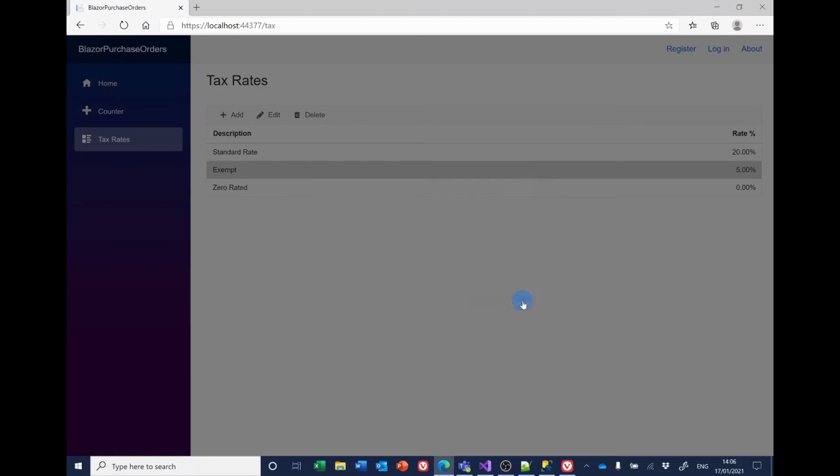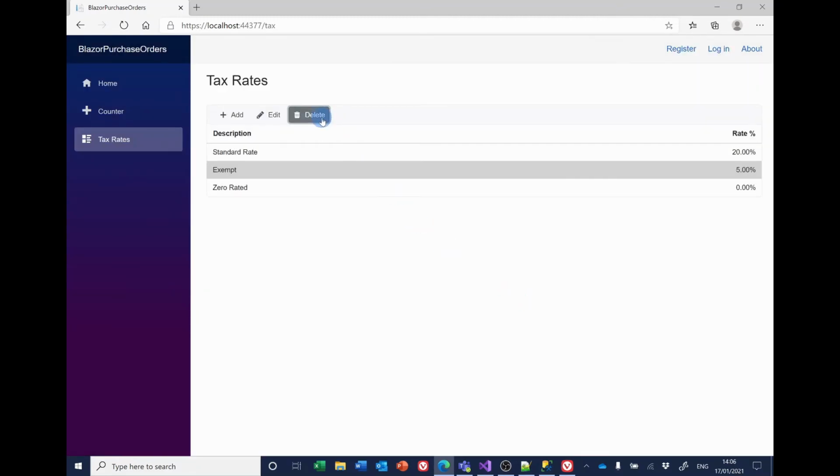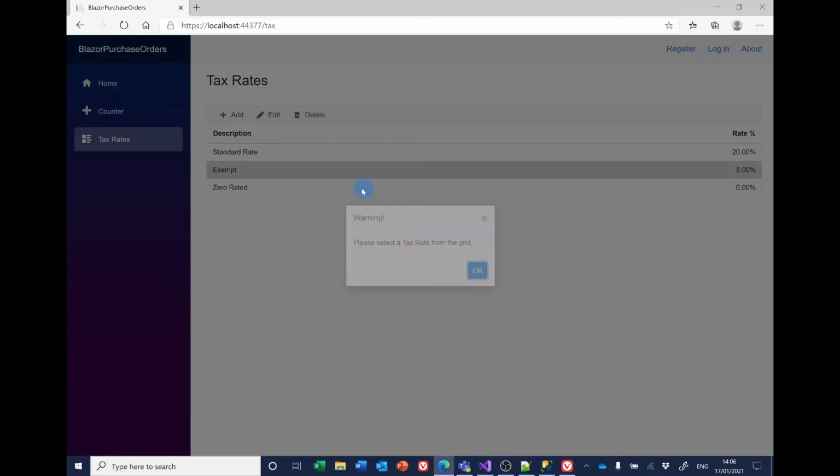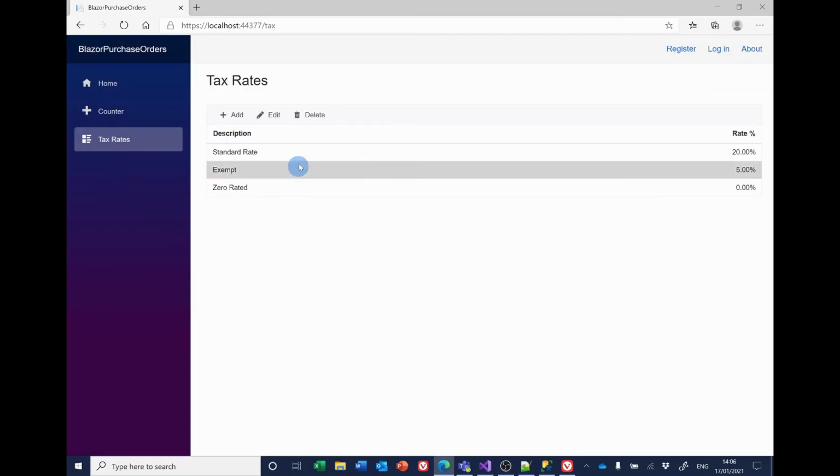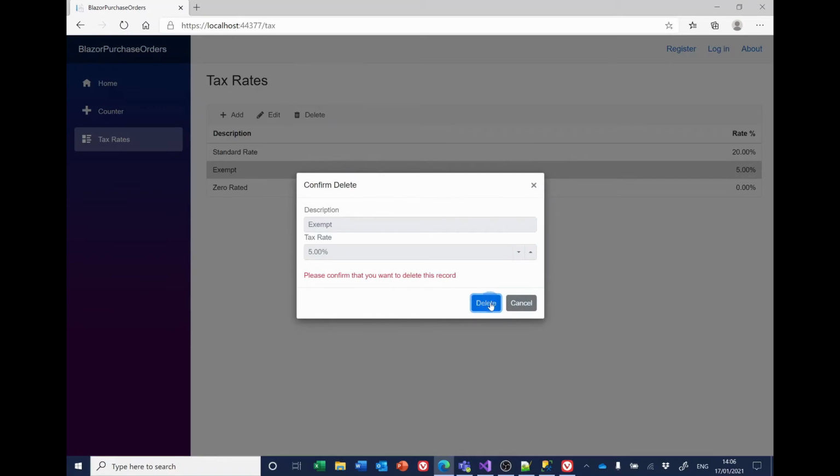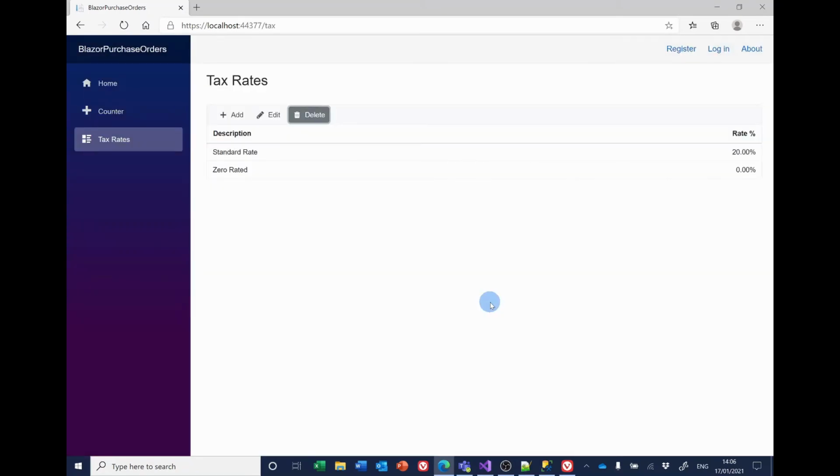I can cancel it, in which case nothing happens, or I can click delete. It removes it and updates the grid. This raises an interesting problem now. I can't remember which one that was. It was exempt. If I try to add one